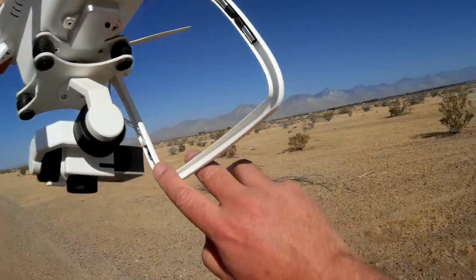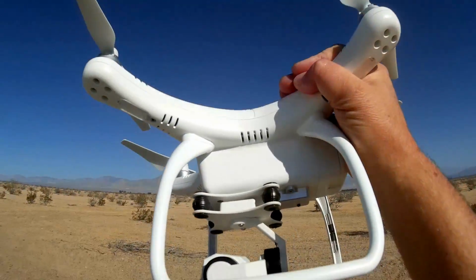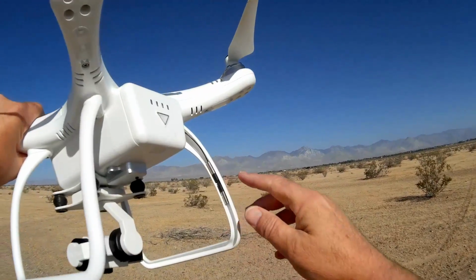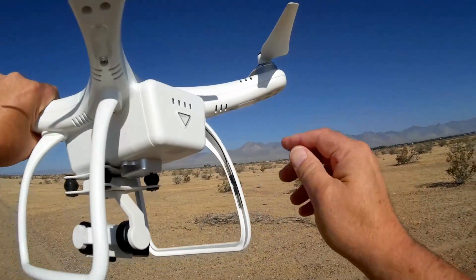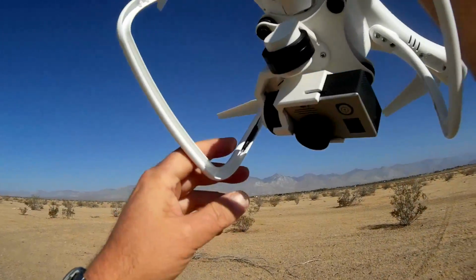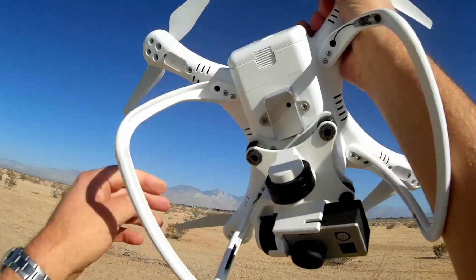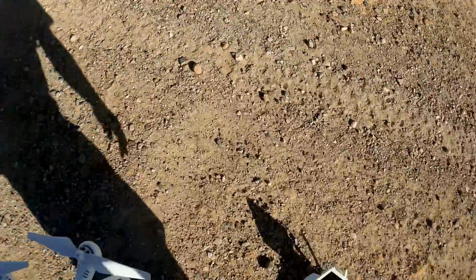Other things on the quadcopter, I believe this is the compass antenna up in the front right leg. You have the FPV and on-screen display antenna on the back rear leg. And you have the 2.4 gigahertz receiver antenna in the front left leg. So that's it. Let's go over the